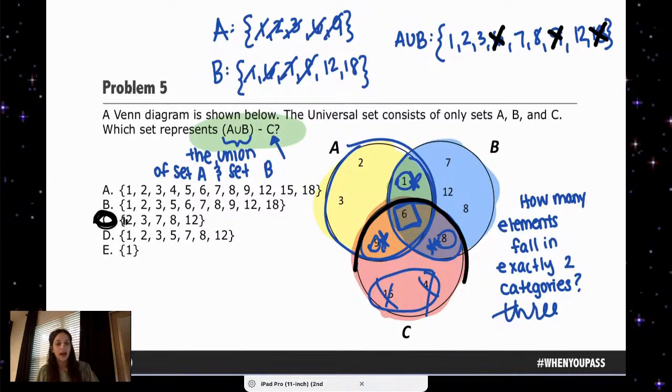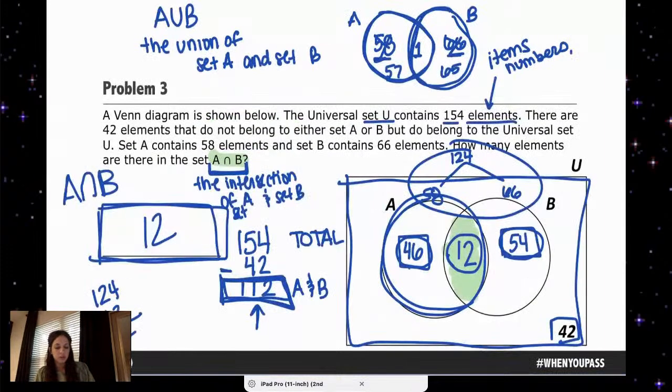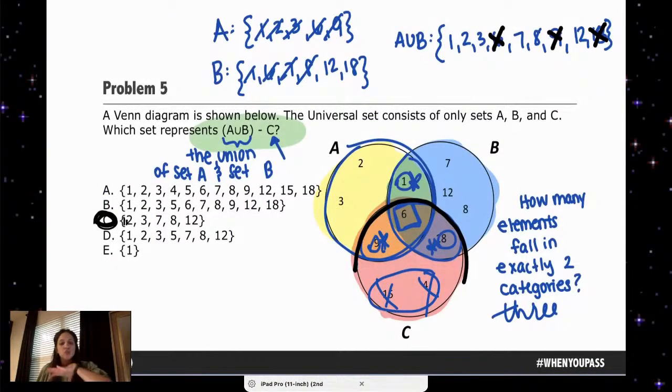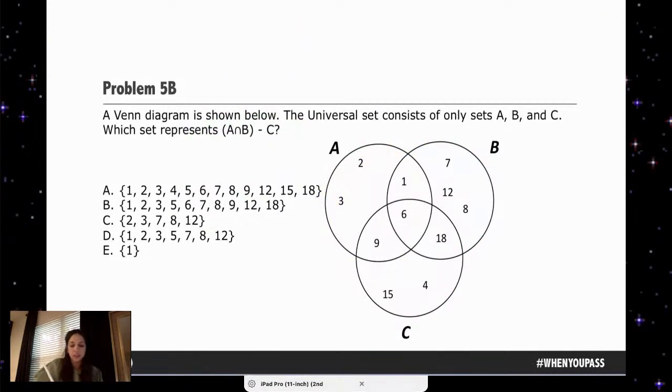Now, I have a question for you. I want you to take what you learned about the intersection of, and I want you to apply it to this problem. Which of the following, so it's the exact same set of data. So I'm not going to go over what kind of data we're looking at, none of that. Let's look at the question. Which of the following represents the intersection of set A and set B